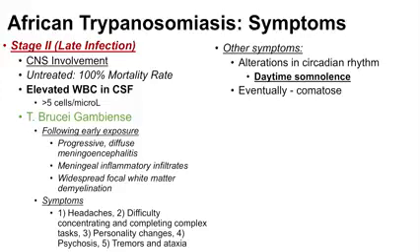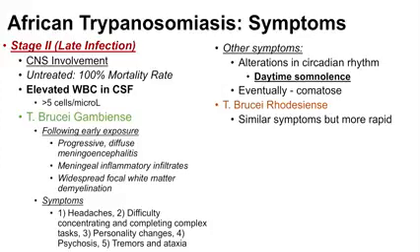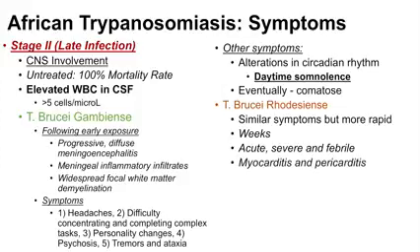And if left untreated, Trypanosoma brucei gambiense infections eventually lead to a comatose state in patients. Now, an infection with Trypanosoma brucei rhodesiense has similar symptoms to Trypanosoma brucei gambiense, but has a more rapid onset, and it typically can take only weeks. So, Trypanosoma brucei rhodesiense infection is acute and severe and febrile, and it can also have symptoms of myocarditis and